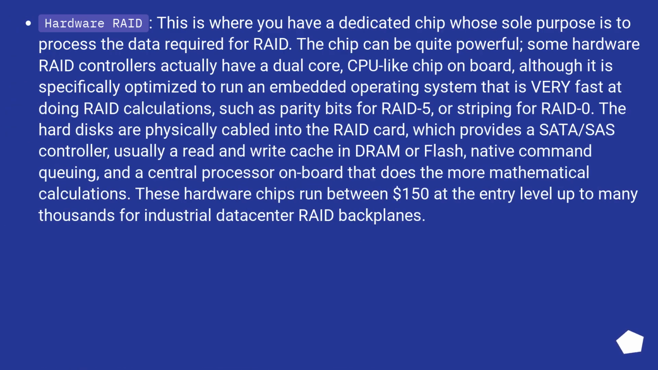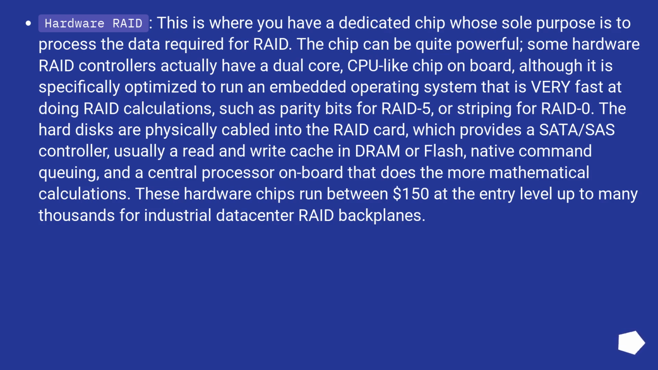Hardware RAID. This is where you have a dedicated chip whose sole purpose is to process the data required for RAID. The chip can be quite powerful. Some hardware RAID controllers actually have a dual-core, CPU-like chip on board, although it is specifically optimized to run an embedded operating system that is very fast at doing RAID calculations, such as parity bits for RAID 5, or striping